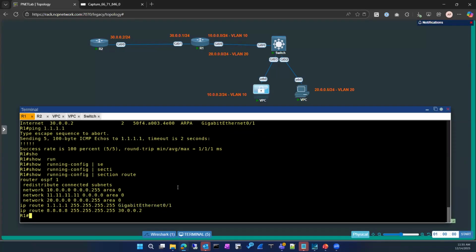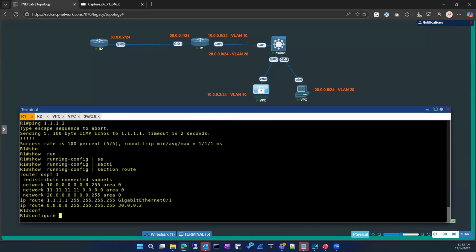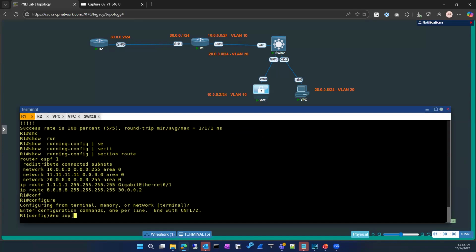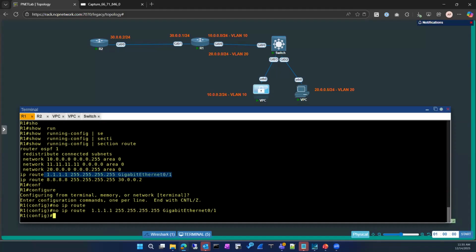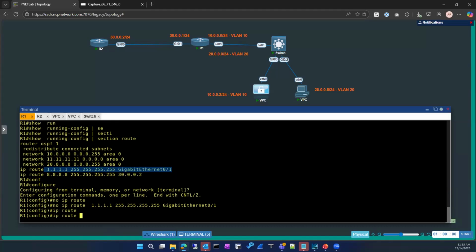But instead, if I do config no IP route, remove this, and give IP route with the next hop, 30.0.0.2,